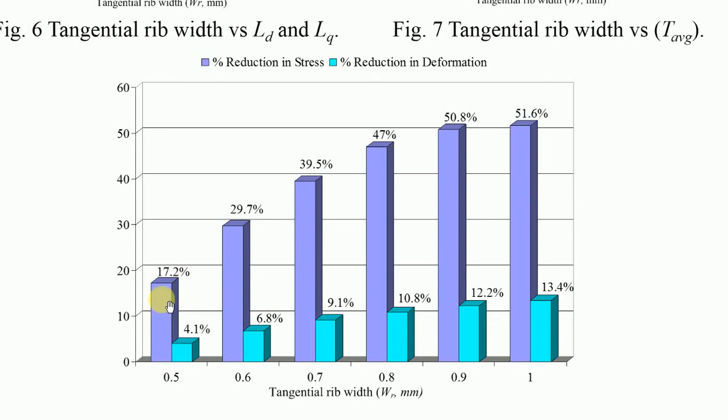This analysis I just share with you. We have a 17% reduction in stress when we are increasing just 0.1 mm. 0.1 is very less, even I am talking about millimeters. With a 0.1 mm increase in the width, there is 17% less stress, followed by 29% at 0.6, 39.7, 47.8, 50% less at 0.9, and again 51% at 1 millimeter.